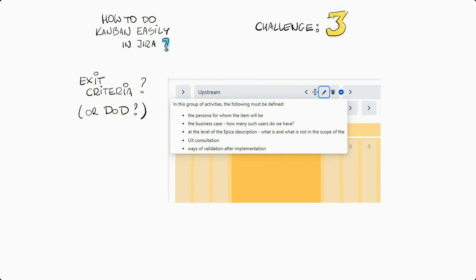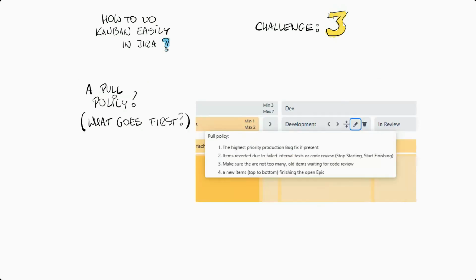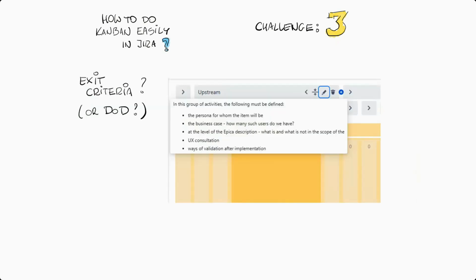And what is available in this tool is that for every single column or a group of columns, you can actually specify things like pull policies, so the clear algorithm of what to take first, or exit criteria, here exit criteria for the upstream activities, to make sure that we don't proceed with tasks which aren't ready, for which we don't have all the checkpoints done, which of course can later cause the task to be blocked.